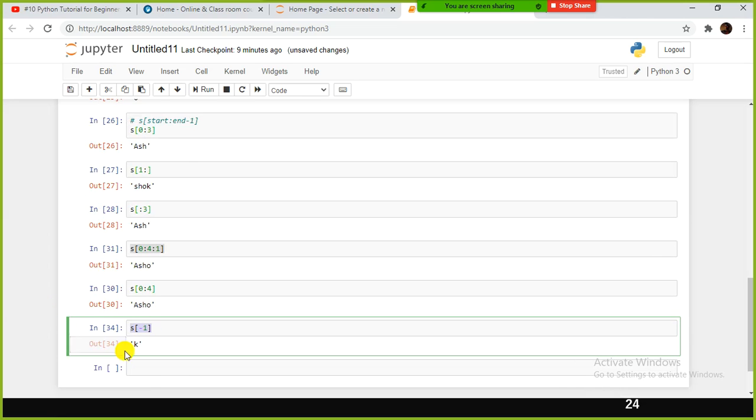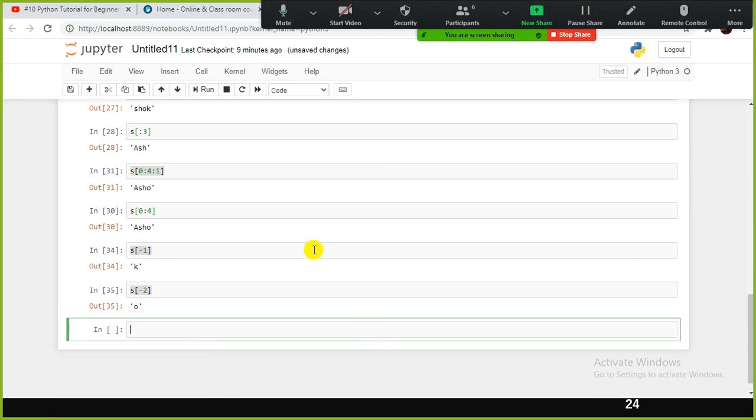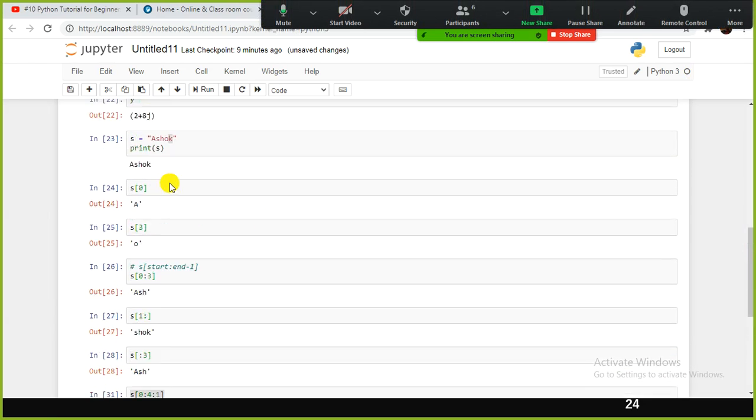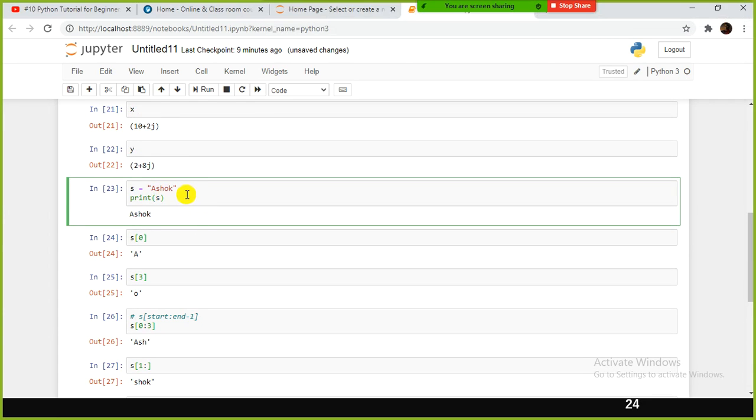And here if I specify -2, it will give the second position, right? -1, this is the -2. If you use a negative index value, it will come from the rear side, from right to left. -1 is this one, -2 is this one.